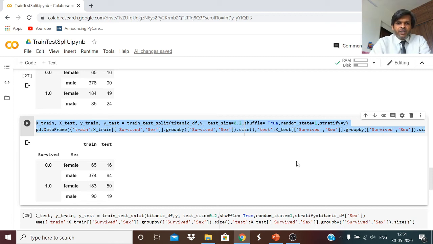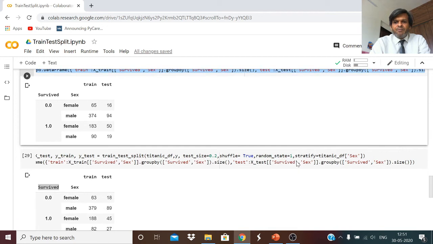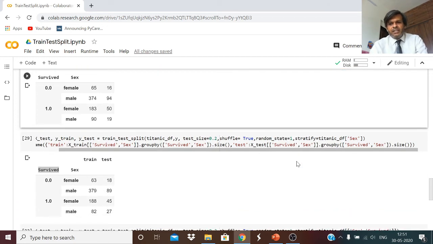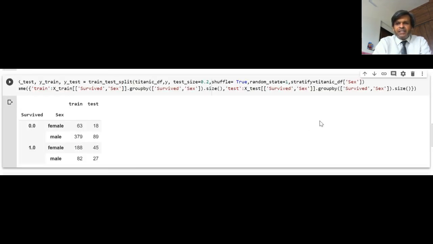Now we go further and understand how we can stratify based on specific columns within our data set. Different features might have different weightages, or you might want a certain specific proportion distribution, so we can specify those columns when we stratify the data. Earlier we just said stratify equal to y, but here I am doing stratification based on a particular column.